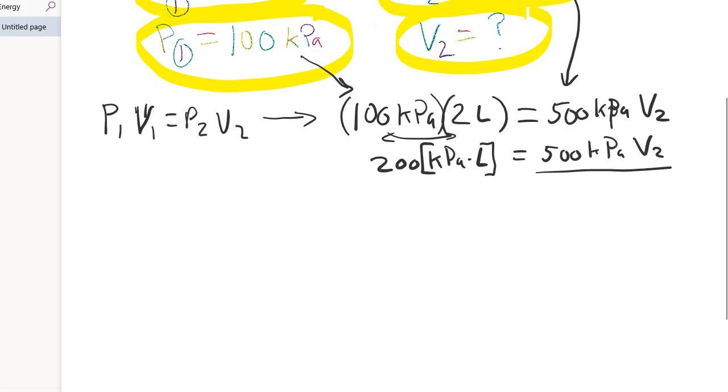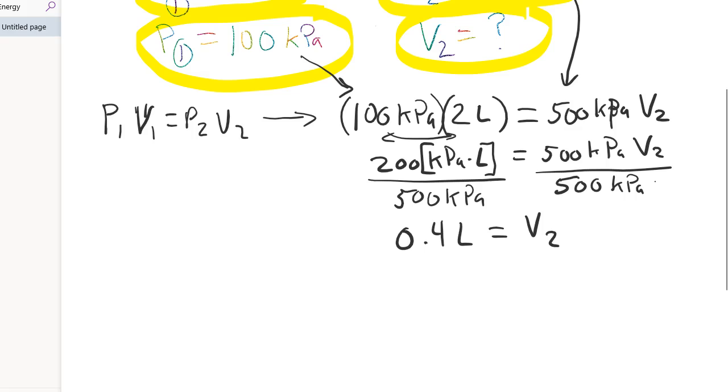In order to do that, we have to divide this side by 500 kilopascals. And if we do that on this side, we have to do it the same on the other side. So we have to divide by 500 kilopascals. So we have 200 divided by 500, and on this left-hand side, this would solve to be 0.4 liters equals